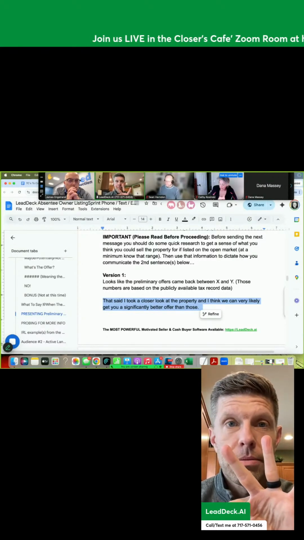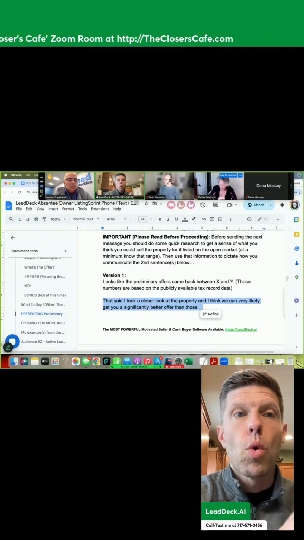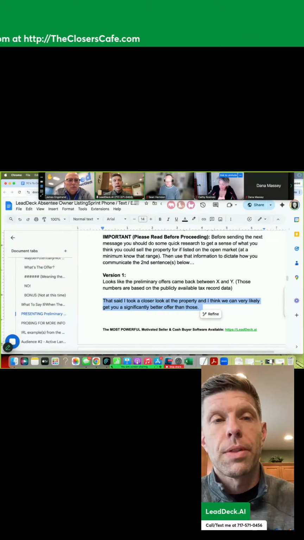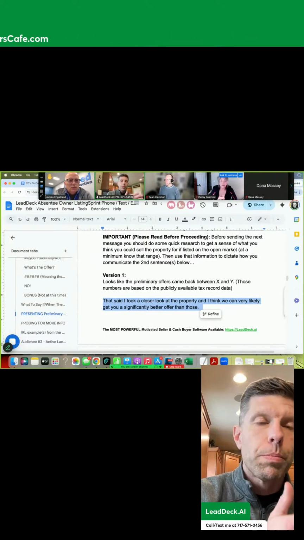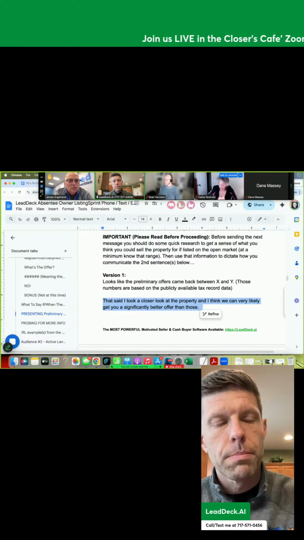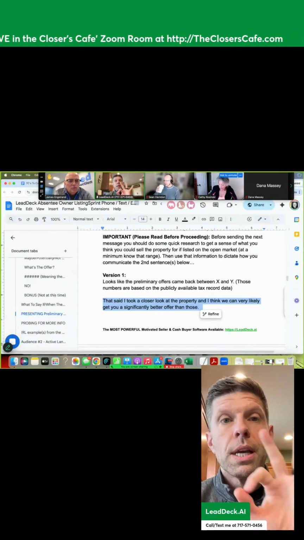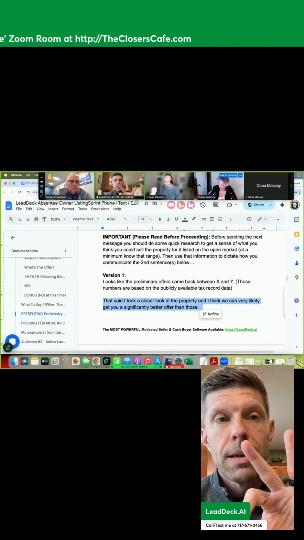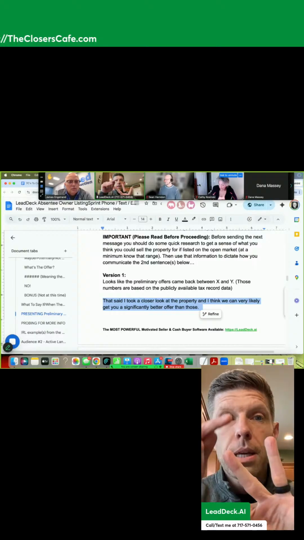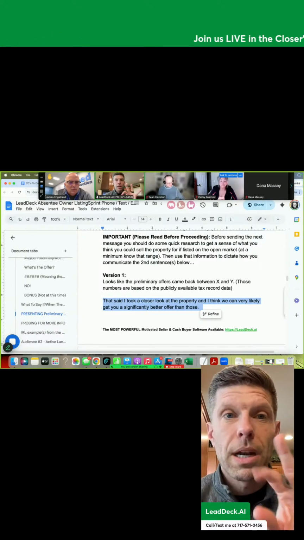Let's be honest. Because at this point, in a normal market, and most of you are pretty close to that, some of you may still be more of a seller's market, maybe some of you more of a buyer's market. But in typical normal markets, sellers can get 2 out of the 3, but not all 3. Speed, convenience, price. We got to pick 2 out of the 3.